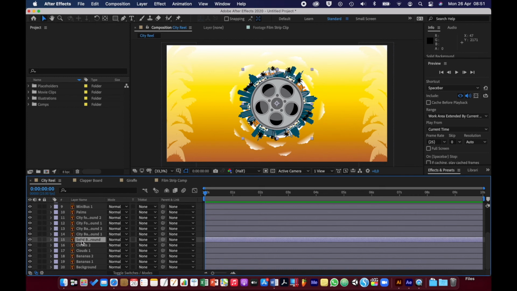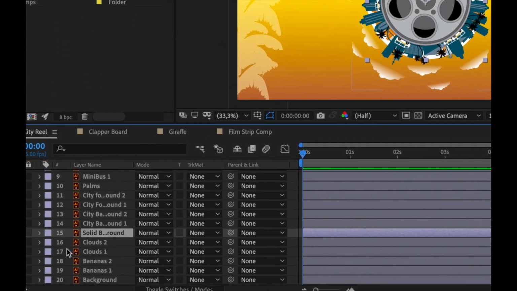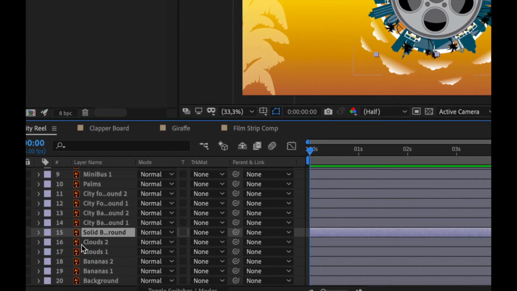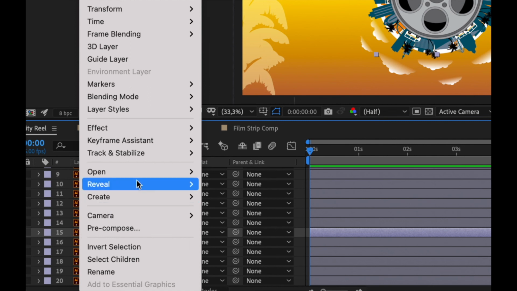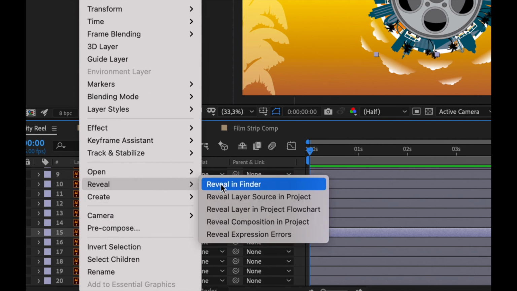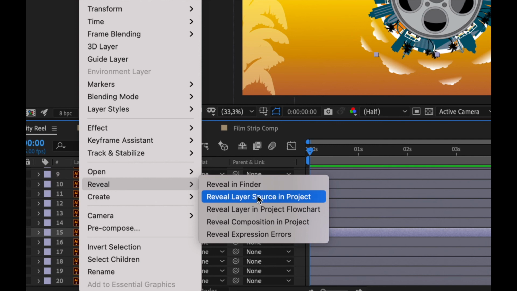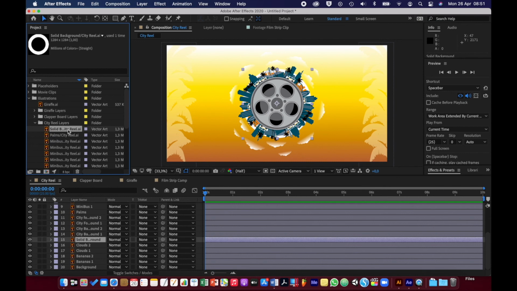If I'm looking at a composition inside my project, and I decide, you know what, I don't actually know where this layer is. If I right click on that layer and I go to reveal, I can say either reveal in Finder, and on Windows it will be reveal in Windows Explorer. It will actually show me where on my hard drive that particular asset is. And if I say reveal layer source in project, it goes and highlights that particular asset